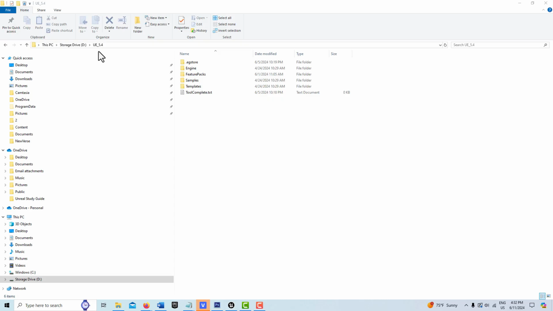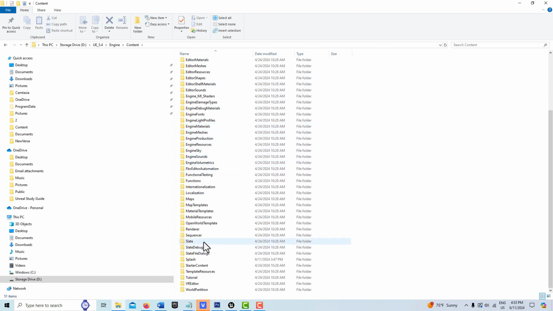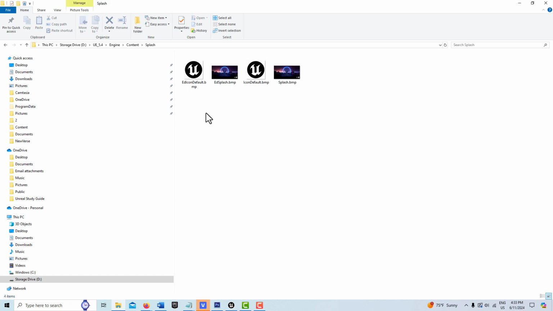Hey, I wanted to show you one thing before I go. If you come into where Unreal Engine is installed on your computer and you go into Engine, then Content, and scroll down to Splash Screen, here's where you could actually swap out the splash screen for the engine itself. But like I said, I don't think you want to do that, because it's just going to pop up every time your engine pops up. What we're trying to do is customize the screens for our game and for the editor, not for the engine every time it